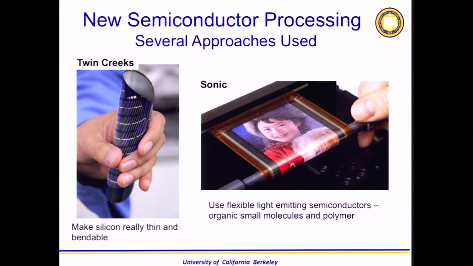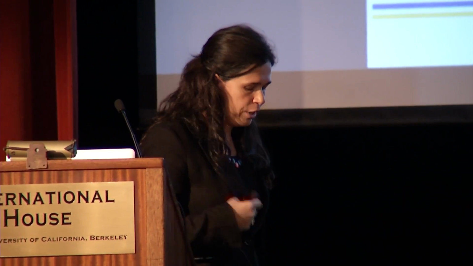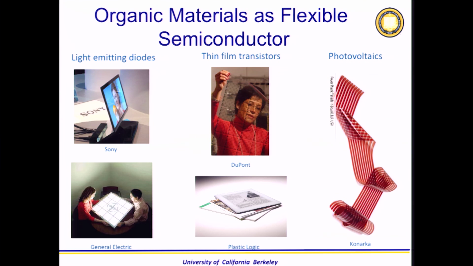Basically, these materials, as we know them in our day-to-day life, we know them as flexible materials, but now they have new properties. They can emit light, they can absorb light, and they can also carry current. They are good semiconductors, different from silicon. So when you start looking at organic materials that are inherently flexible, there have been several applications that people looked at, and you see that these materials can be processed at a large area.